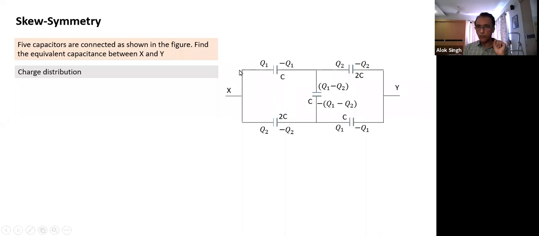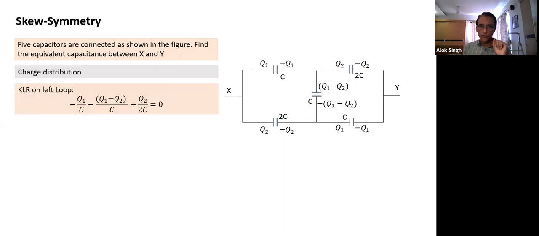I start from one point, negative to positive plus sign, positive to negative minus sign, negative to positive plus sign. And the change in potential is V equal to Q by C. So based on the loop rule, from here negative sign, positive. This also negative sign, this is positive sign. If we take care of sign and put those values, we get an equation, and this equation gives me the relationship between Q1 and Q2.